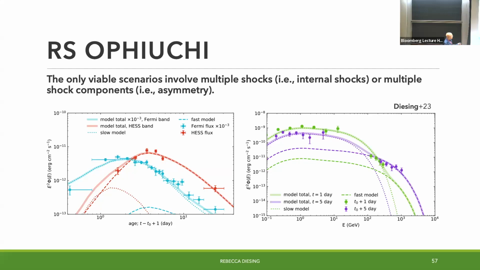But the reason for this discrepancy in what they produce is that the slow shock is going into a much denser medium, so it's going to have a much higher luminosity because you're saying it's going into something like a disk. But it's also much slower, which means it has a lower maximum energy. So that's why you see the slow shock is these dotted lines and it cuts off at lower energies. And then the fast shock, much lower density medium, so relatively rarefied, and so it's a much lower luminosity overall, but it reaches higher energies because it's fast.